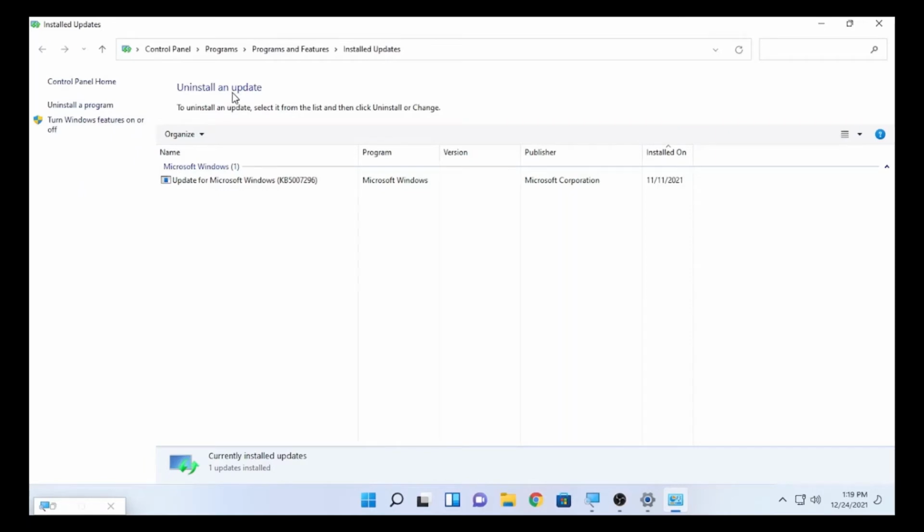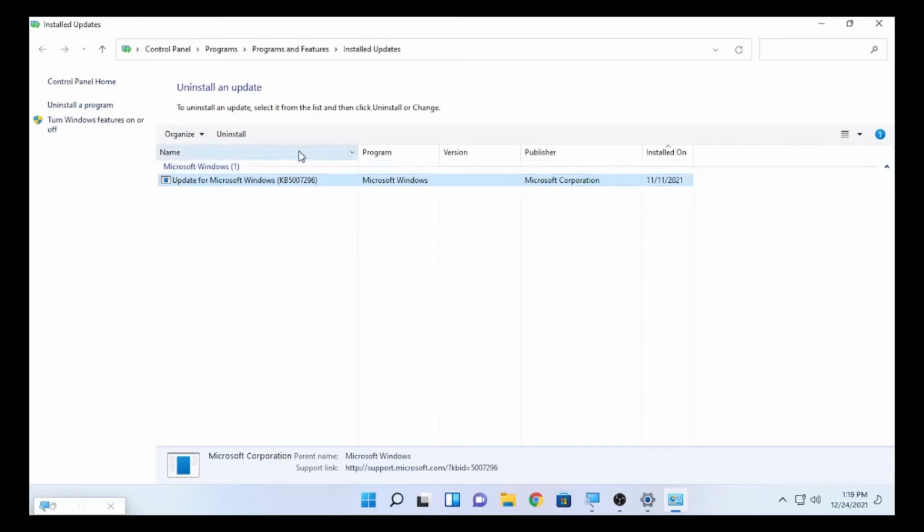So we are going to check recent updates that are made on the computer, because those recent updates may be the reason for the restarting. So select this one. Already have one recent update.